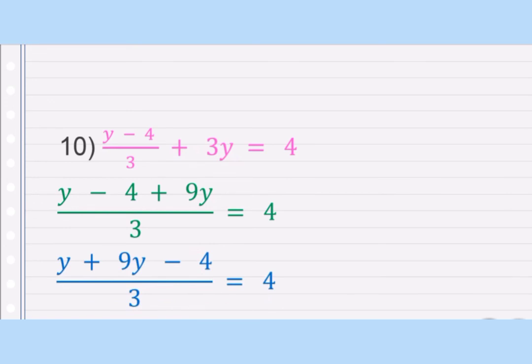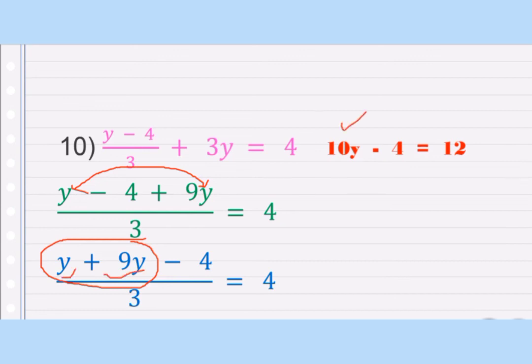So here y plus 9y minus 4 upon 3 is equal to 4. Okay, so this y and this 9y combine, and here we can write y plus 9y, and this minus 4 will remain in the third position. So 9y plus y is 10y minus 4 is equal to 12, because 3 4s are 12, this 3 and 4 multiply. So here 10y will remain as it is. 3 4s are 12, in cross multiplication these two numbers get multiplied. So 3 4s are 12.